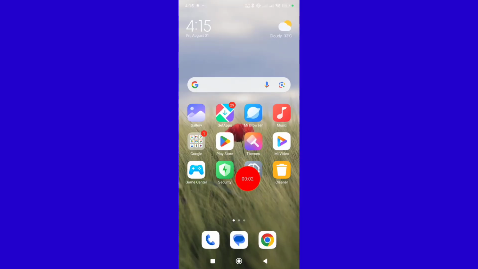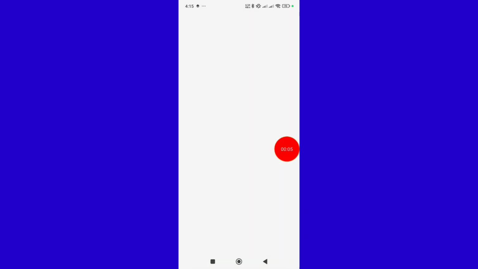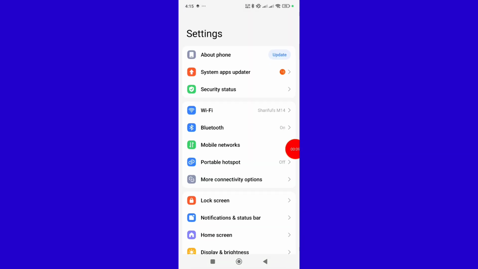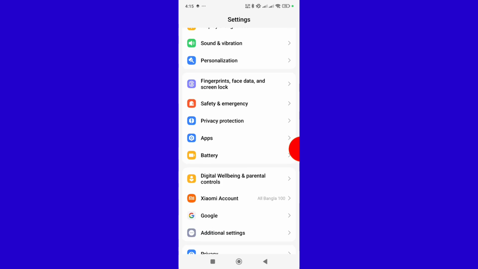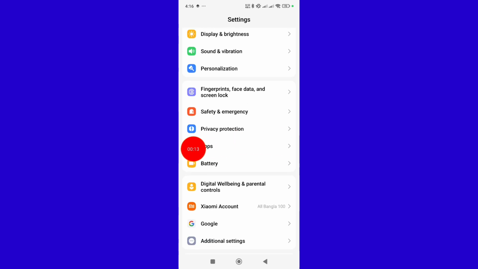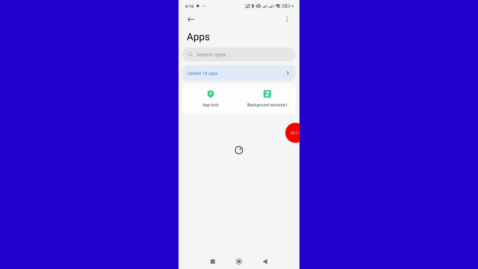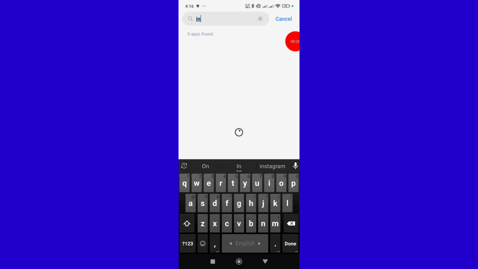Open the Settings option. Scroll down, click on Apps. Click this option. Now search for the Instagram application. Click on the Instagram app,